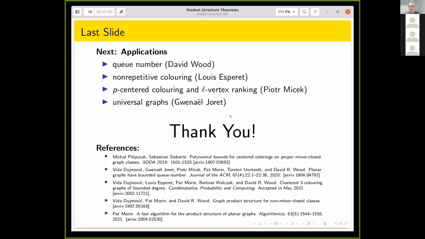Well, so everything that we say today will be true for those graphs. They all have constant Q number, they all have constant non-repetitive chromatic number, and so on. If you're asking me what known class of graphs is contained in those things, I don't have a good answer, but it's more general than planar graphs. That's all I can tell you.